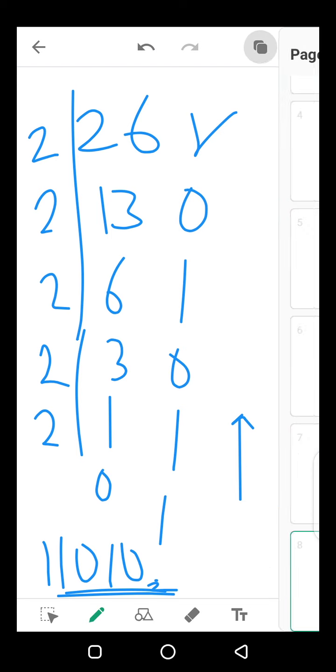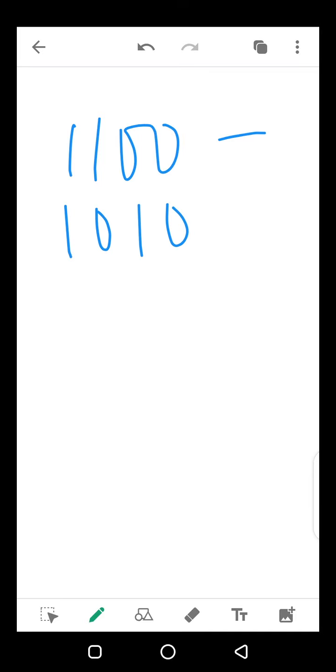Then how do we do subtraction? Subtraction, the same way we do subtraction in base 10 is the same way we do it in base 2. So if we are given a number like 1100 minus 1010, if we are asked to subtract this,